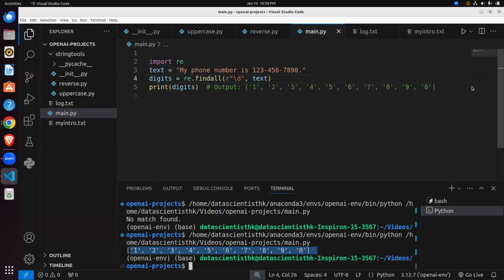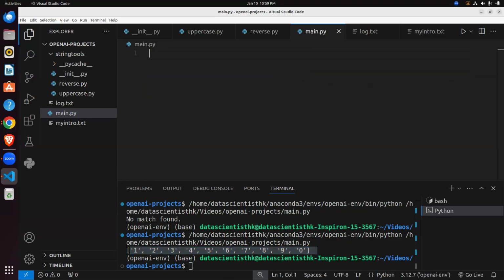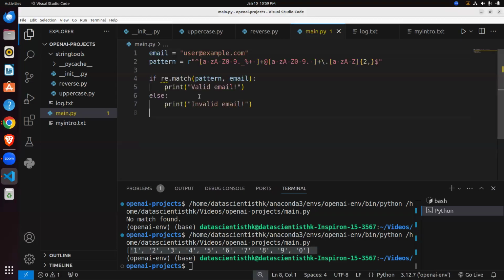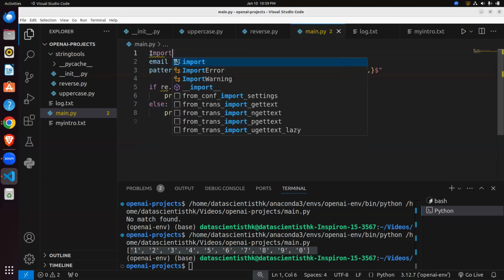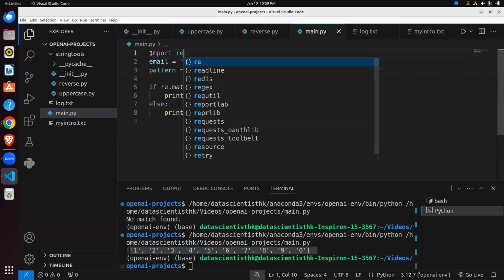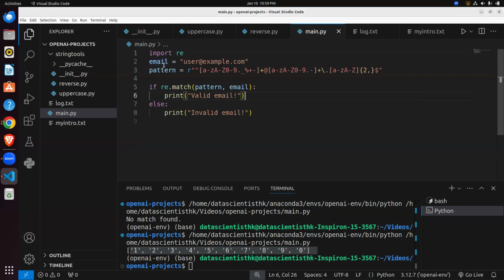So how can we validate whether this email ID is correct or not, in a specific format? So I have also written a code. Just import re. Okay. So suppose the user has user@example.com, and you want to find the pattern. Okay, so you can see here, it starts